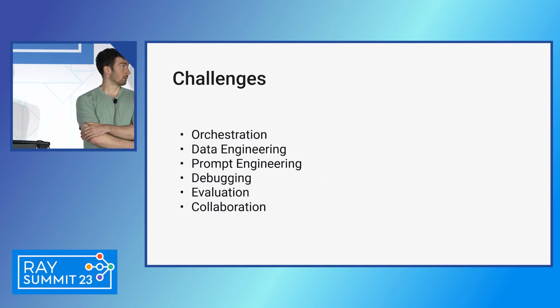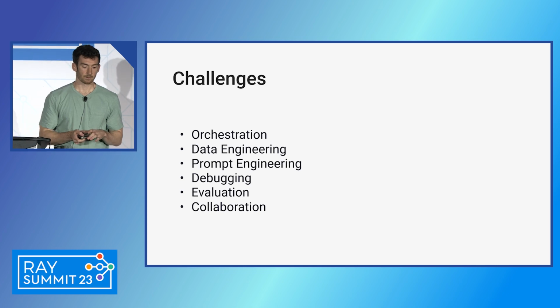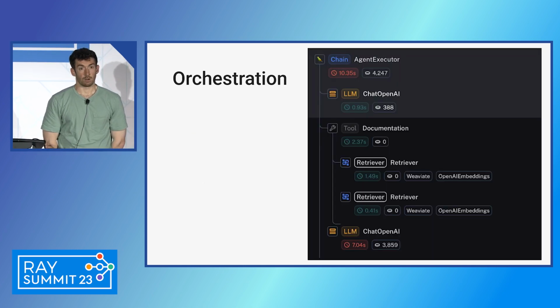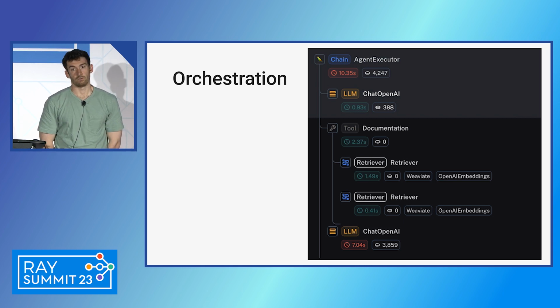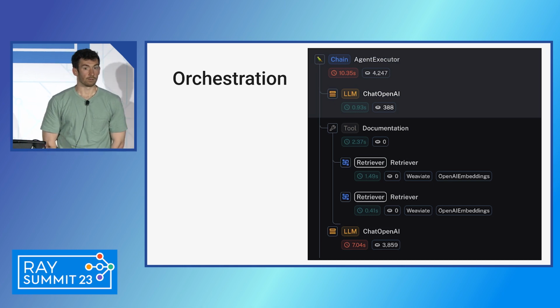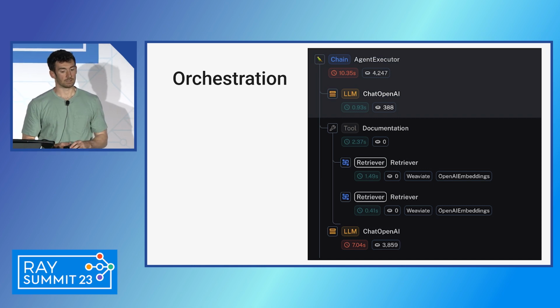I want to talk now about some of the challenges that we see when building, not just agents, but these context-aware reasoning applications. So one of the first challenges, and probably the challenge that LangChain was designed to solve, is the orchestration of all these different architectures. So whether it's chains or routing or some of these agent-like things, there are a lot of different chains and sequences of chains that you can put together. And so LangChain provides a lot of these off the shelf to easily get started.